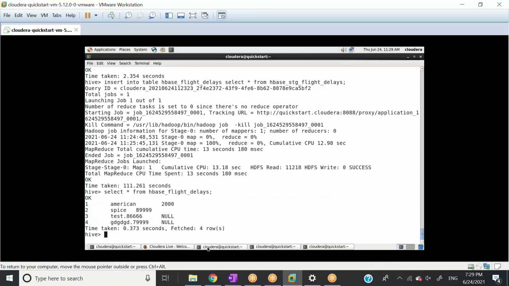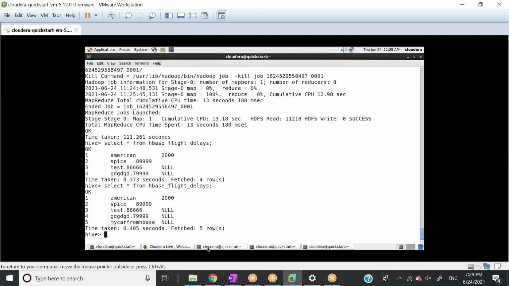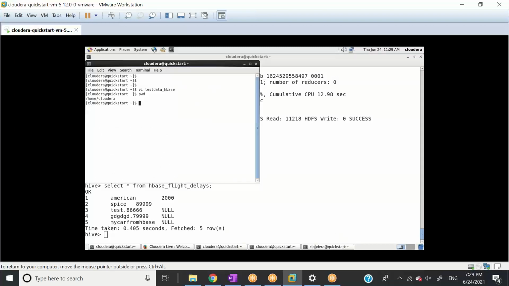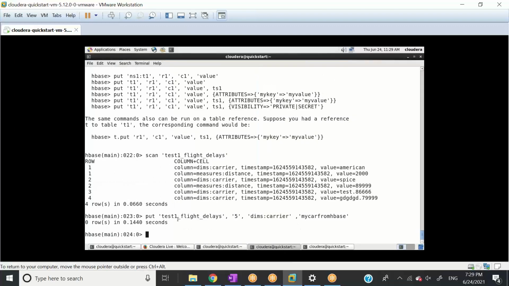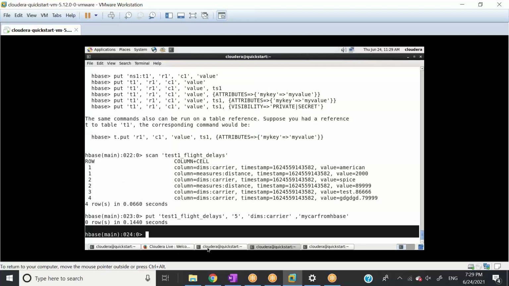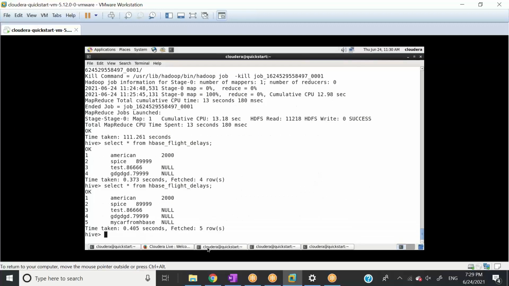Let's go here, and I'm just selecting for the first time. So it worked. So see, now what I proved here is that if we insert some data in Hive, it will reflect in the HBase table. If we ingest some data in HBase, it will reflect in the Hive table. So both tables are interconnected. Now, what's the best part? Can you tell me what's the best part?